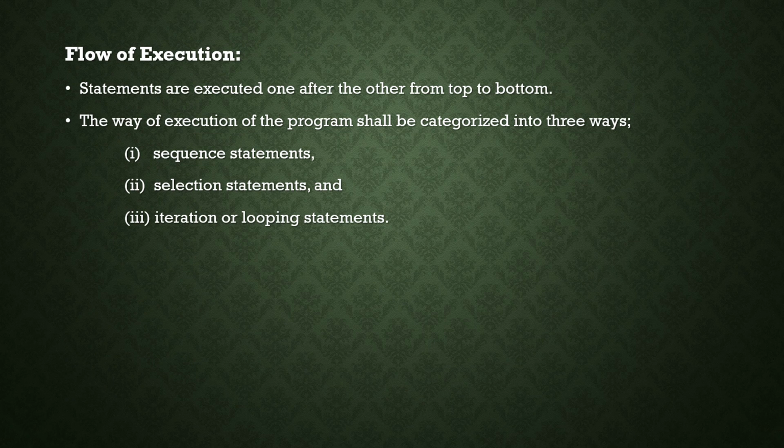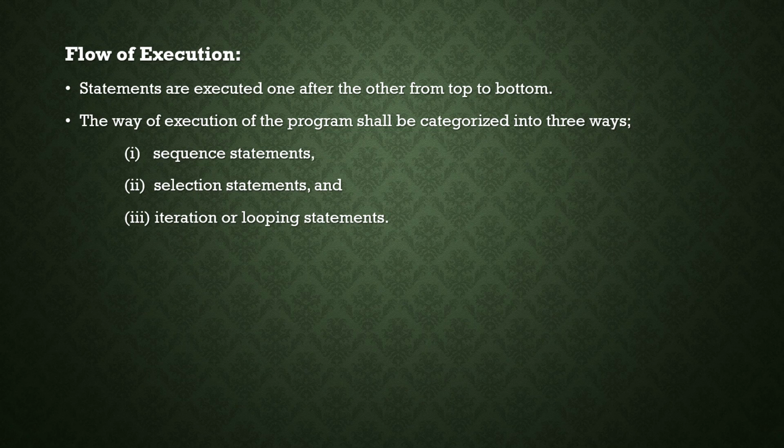So what do you mean by sequential statement? Sequential statement means there is no jumping, branching, iteration and all those things. That means straight line execution. There are some set of statements, and the interpreter will execute the statements one by one. There is no jumping from one statement to another, no branching from one statement to another, and no decision making either. It will execute the statements one by one in sequential order, in sequential manner. So it is called sequence statements.